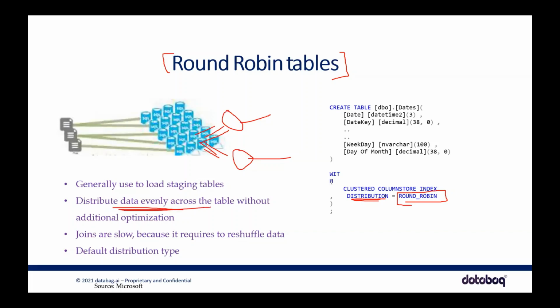So that's what I was talking about. If you have 4 nodes, 1, 2, 3, 4, then when the data is coming from the input system, 1 will go here, 2 will go here, 3 will go here, 4 will go here. I'm talking about 4 records: first row, second row, third row, fourth row, fifth row, sixth row, seventh, eighth. So it will evenly distribute the data within those compute nodes. And where is this used? Here I don't want to replicate the data, because the data is large and I just want to load the data.